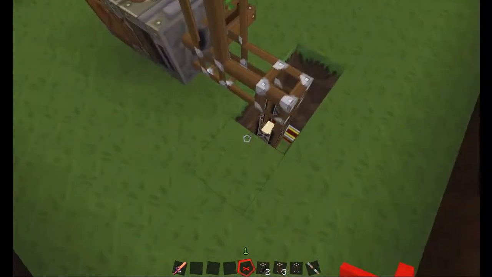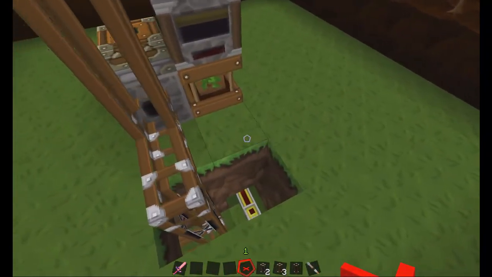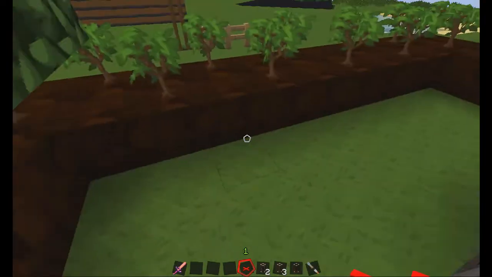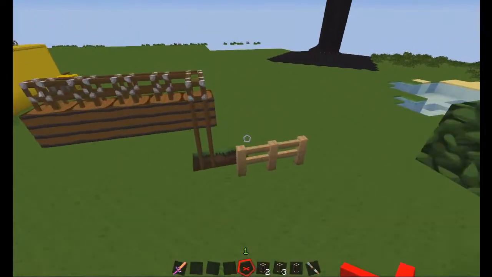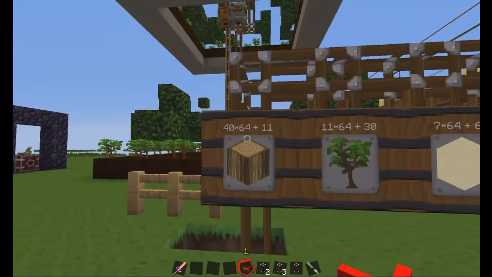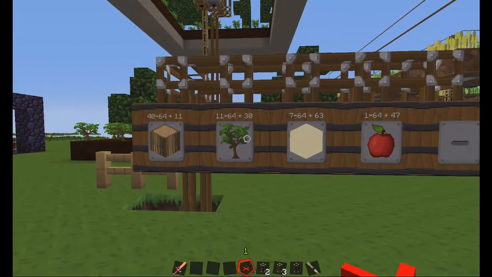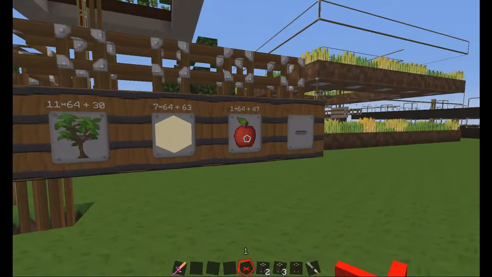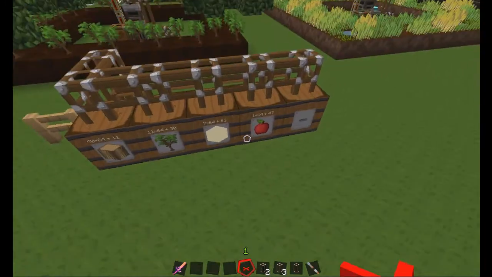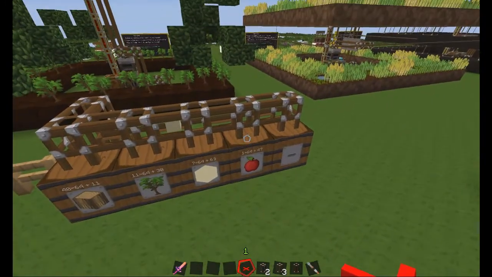Right, and what I've also done is, if you remember in the first episode, I had a diamond chest here, and the output was going to the diamond chest, but I was quickly realising that it was filling up very, very quickly. As you can see there, we've already got 40 stacks of logs, 11 stacks of trees, 8 stacks of sand, and just short of 2 stacks of